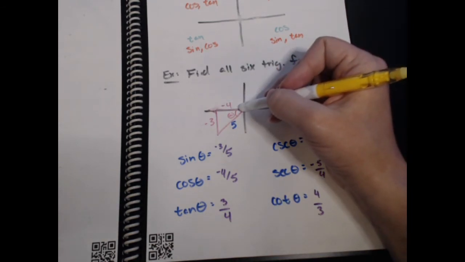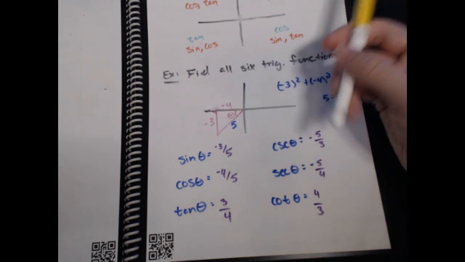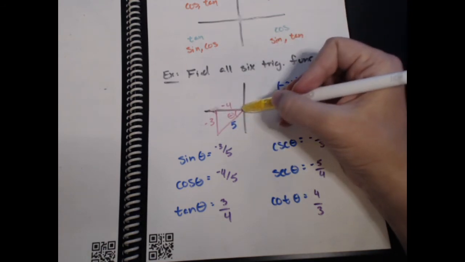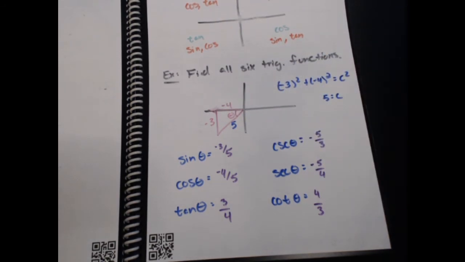Here, our x value is -4. Our y value is -3. We always make the angle with the origin and the x-axis. So if you had a different triangle,